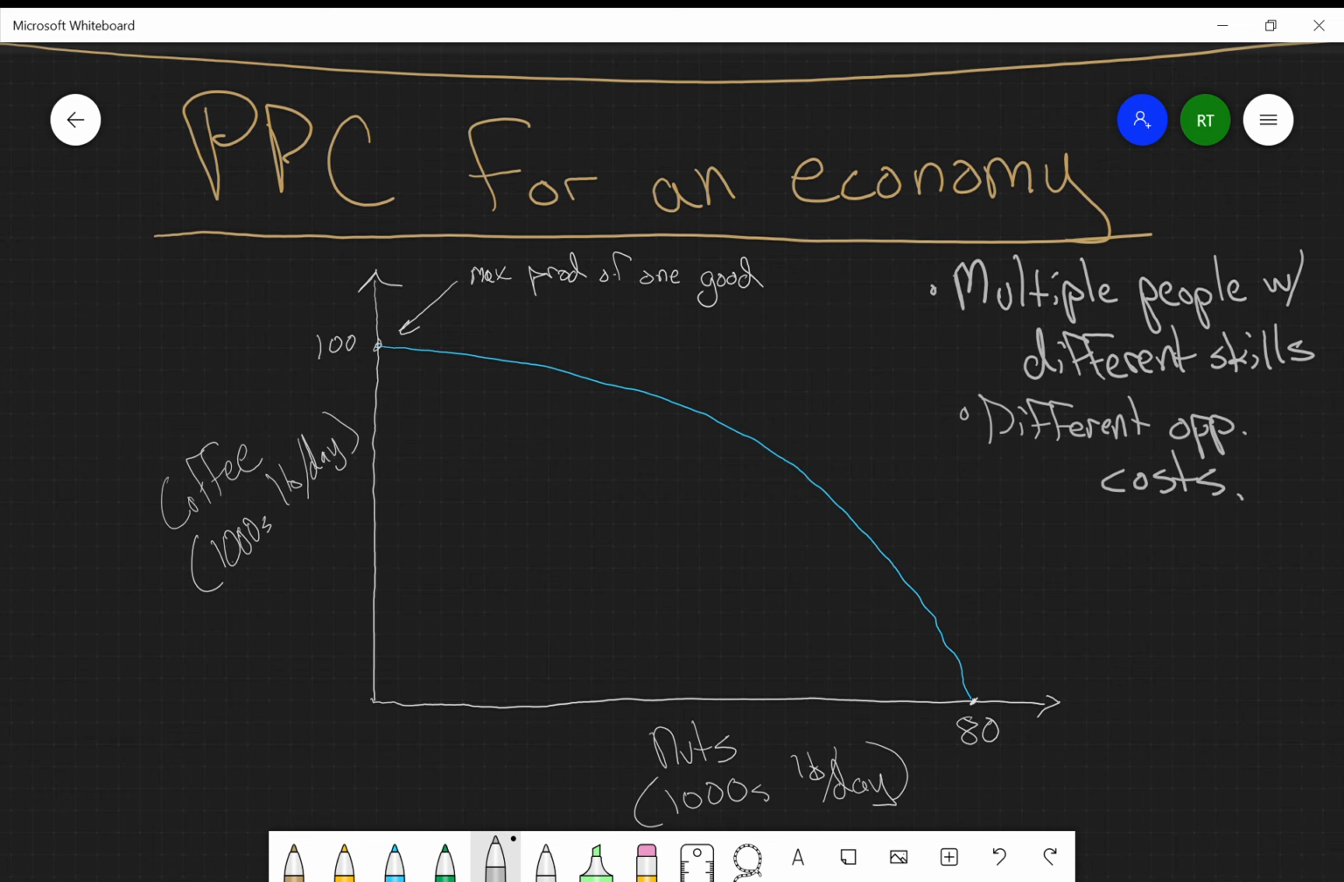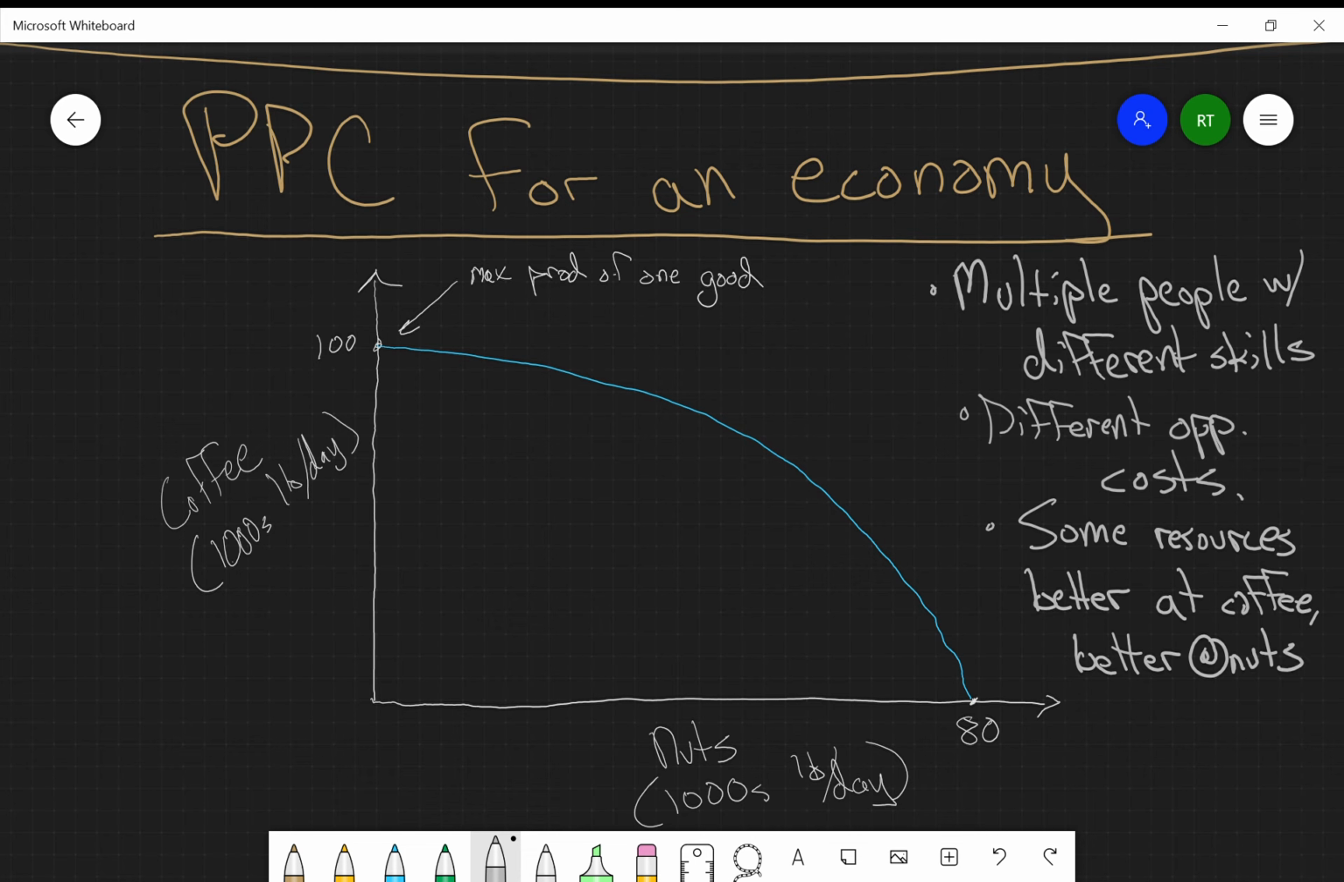There are some resources that are better suited to coffee, and there's also going to be some land that's better suited to one crop or another, better suited for grazing rather than growing crops, right? Some resources are better for coffee, and some are better at nuts. So we end up with this bowed out shape because when we start to try to force too many of those resources that are better suited for something else into production,